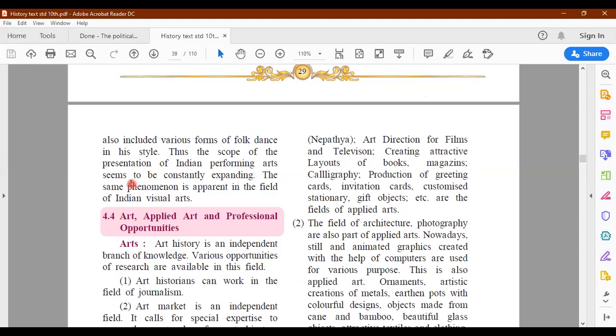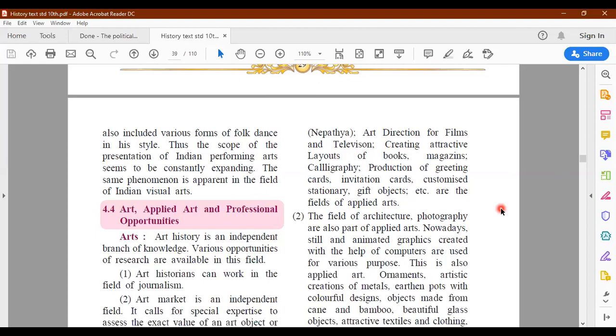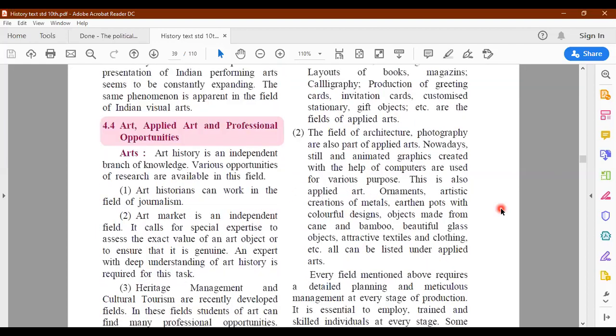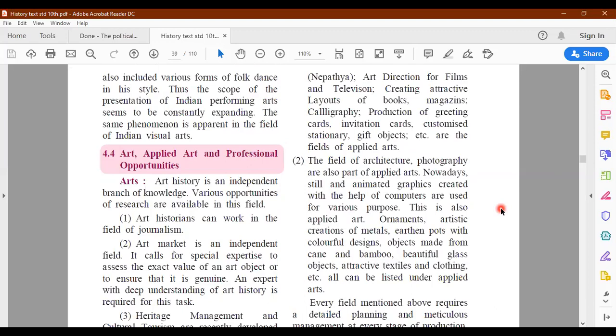If you have seen the film Manikarnika, where Rani of Jhansi is depicted, or Bajirao Mastani or Tanaji, all these historical movies, if you look into the backdrop or the settings, you will find that a historian's help will definitely be taken by the film director to prepare the settings. Art direction for films, television, then creating attractive layouts for books, magazines.